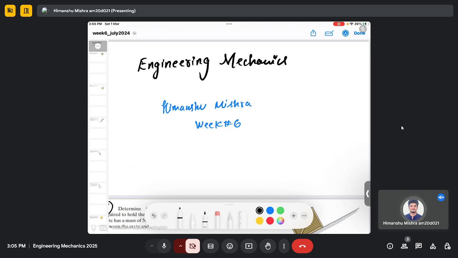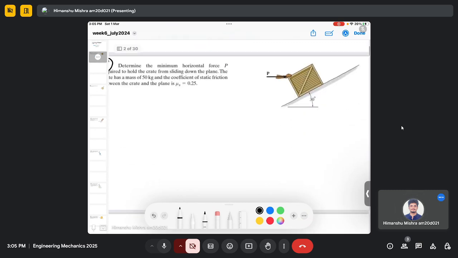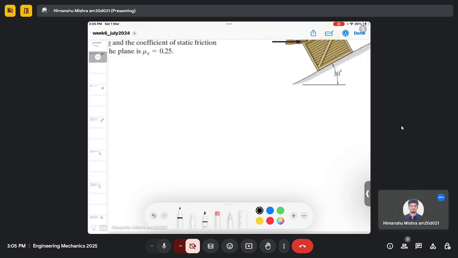In this week's tutorial, we are going to discuss friction. This will be our last topic for statics, and after this week, we will move to kinematics. In friction, we will be solving problems based on equilibrium, which we have been doing for the past 5 weeks. We will be using the concept of equilibrium and moment to resolve the forces,